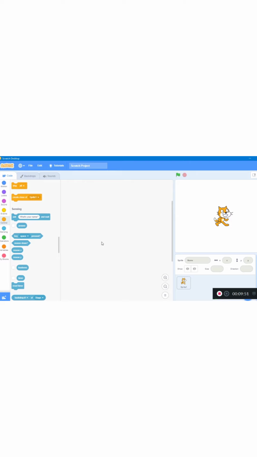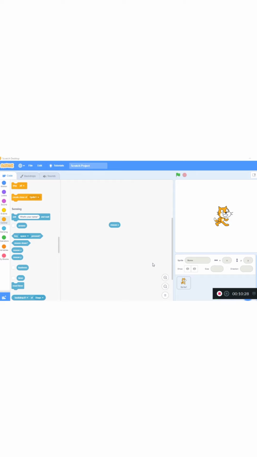Let's take another example: what is your age? And they may answer 15. Shaped with a round edge, there are a total of 37 of these blocks, not counting the theoretically infinite amount of reporter blocks that can be made for each variable and list.